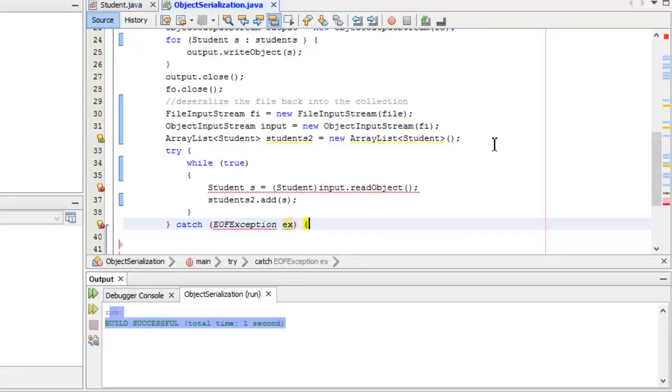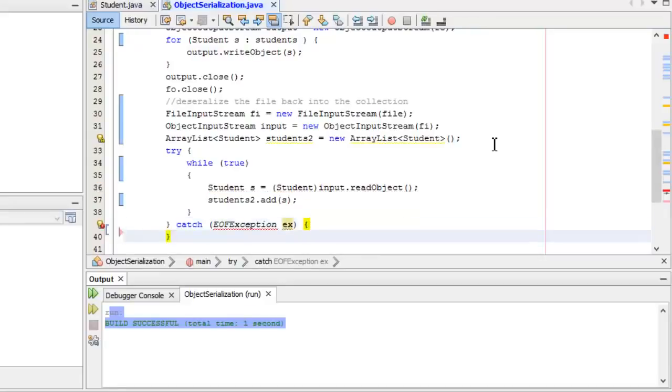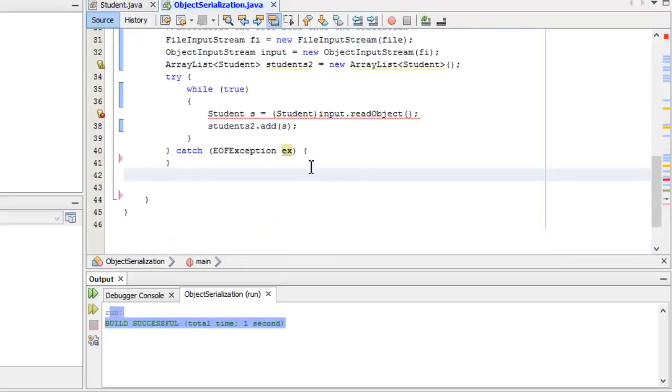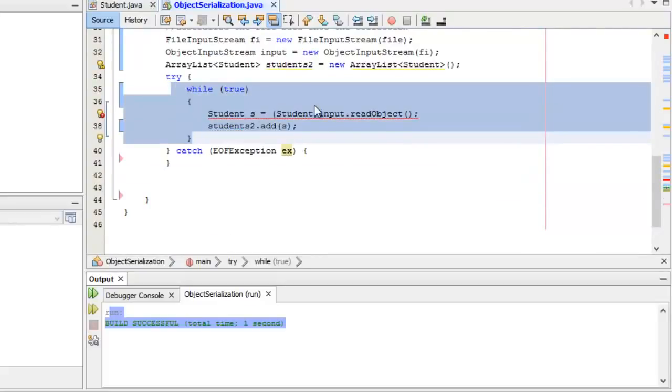And when you do, you're done. I know it looks kind of goofy, but that's how it works. So again, it's going to loop, and it's going to keep reading in the object and putting it in S,